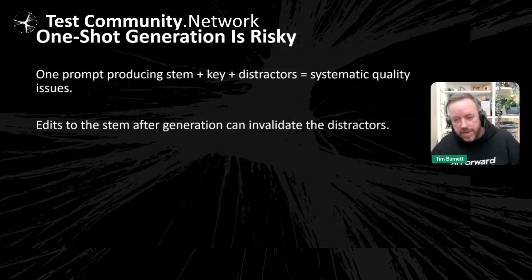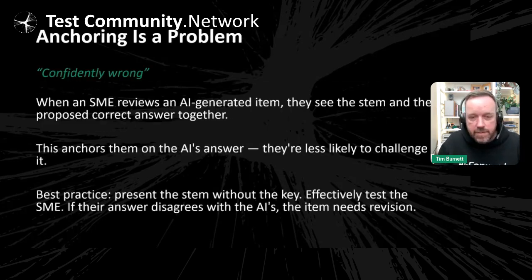One process I like, and Carl mentioned this in his research, was take one look at the question as it comes out. If you're looking at the question itself and that doesn't work, just get rid of it. There's no point spending a lot of time editing an AI item. Get rid of it, feed it back, and just generate another one and see if that's any better. Don't spend a disproportionate amount of time editing the work that AI does, because you may want to add some edits or control it. But if you're looking at something and it needs a massive rework, then there's no point looking at it.